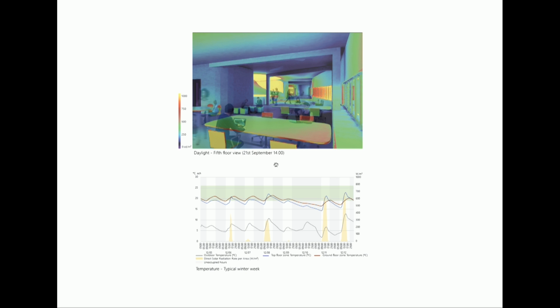And here in the bottom we can see how the building performs naturally. This is a temperature over a typical winter week. And we can see how for an outdoor temperature between 5 and 10 degrees, the design that we have been evolving reaches temperatures almost inside the comfort zone. We would just need a bit of energy during these days that are a bit colder or emptier in the office, to be in comfort.